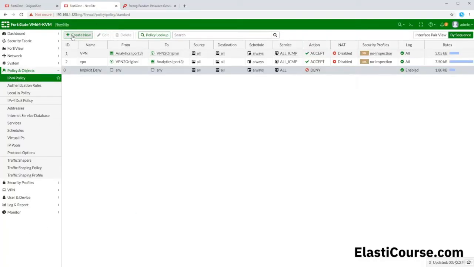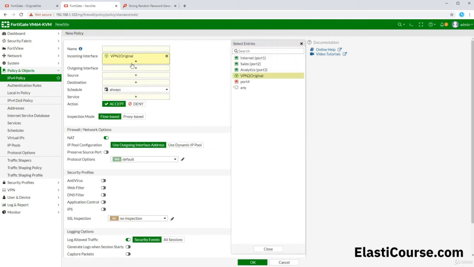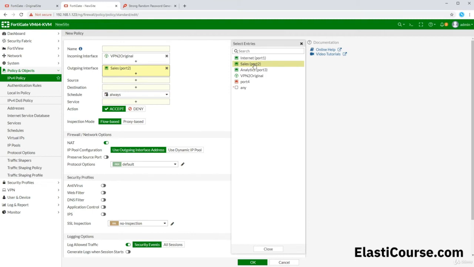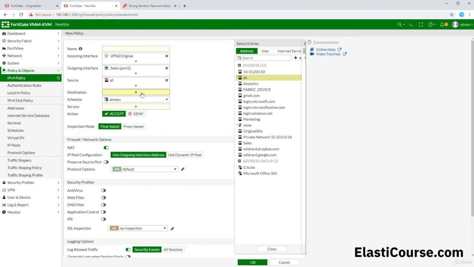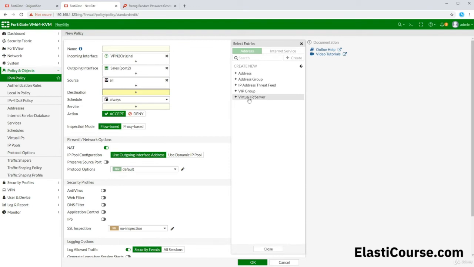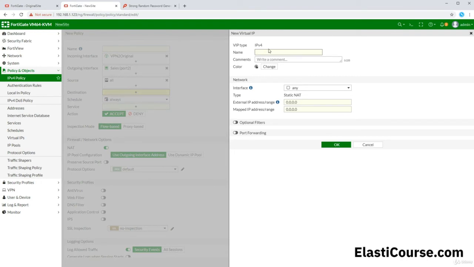Let's go into our new site and create a new policy, and this time we're going to be coming from our VPN, going into our sales, because this is where the conflicting subnet is, and the source will be all the addresses on the other side of the VPN. For the destination, we need to create a new virtual IP. This is the destination NAT feature on the firewall, and we're just going to call this conflict, because this IP address is being used on both sides, and I want to use the first IP address from